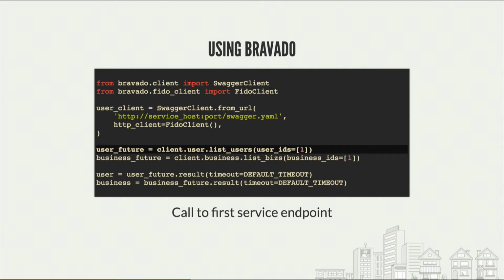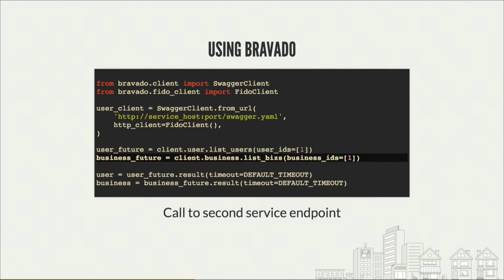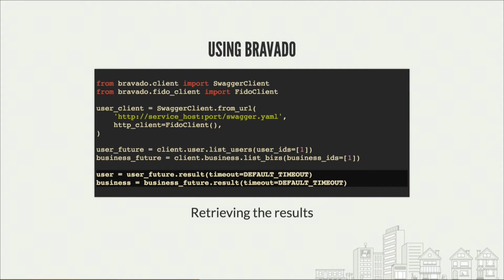It's all handled for us. But this call doesn't return the result immediately. It returns a future that we store in a variable. And just as an example, we're doing a second service call here. We haven't defined that in the spec, just imagine we did. So we have two futures here,